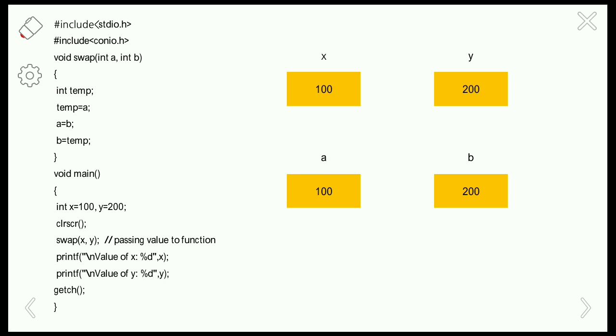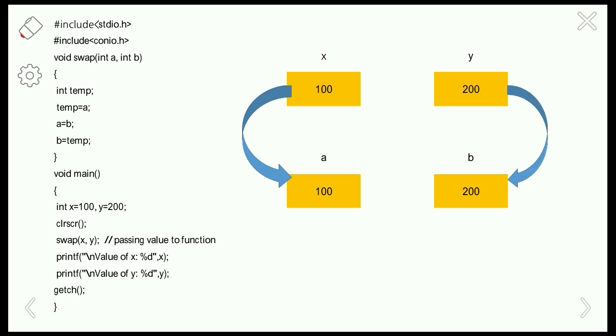Given x equals 100 and y equals 200, when the function swap of x, y is invoked, the control will automatically pass to the function definition part, and the value of x is copied to a and y is copied to b.